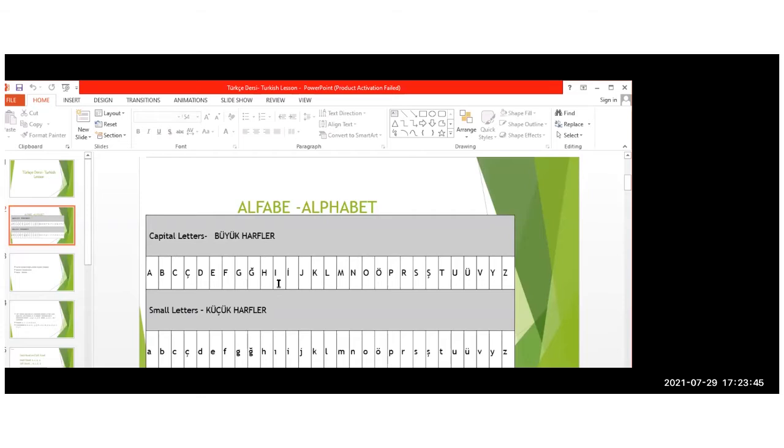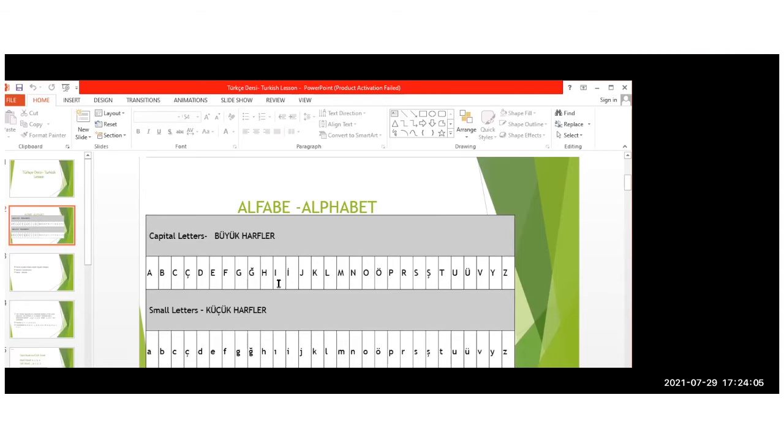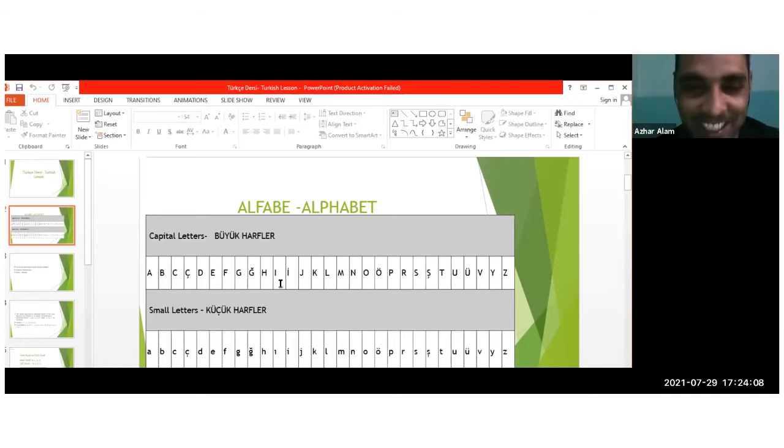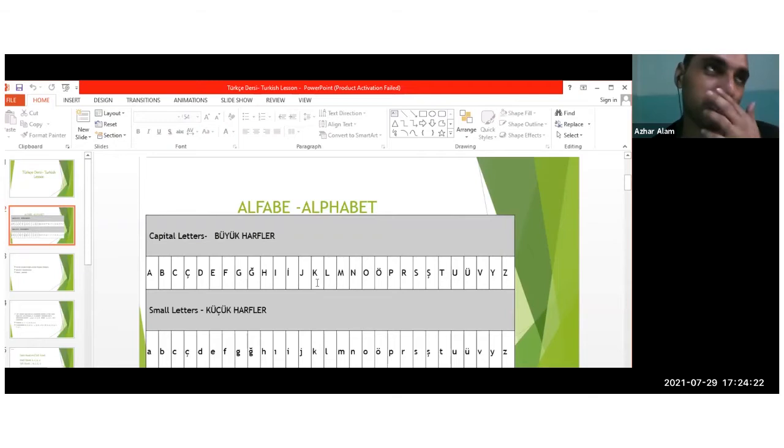The undotted I is pronounced as, this is different. We do not have a similar sound in any other language. So it might be a little difficult for you, but no worry. We will come to it. This letter is pronounced as, how will you pronounce? Superb, great. And this letter is pronounced as E, like E in English. J, correct. And this sometimes, 90% of the time, is pronounced as KH, K.